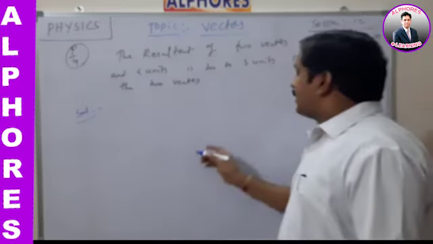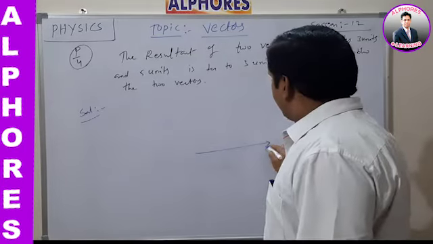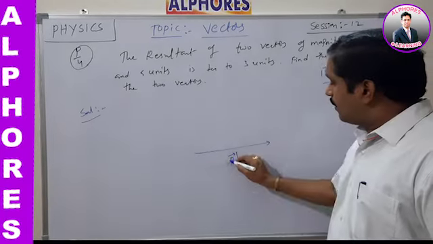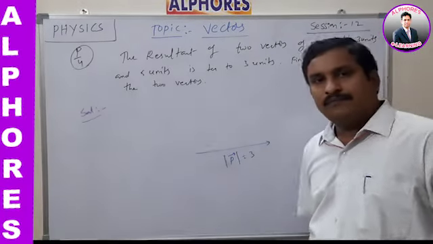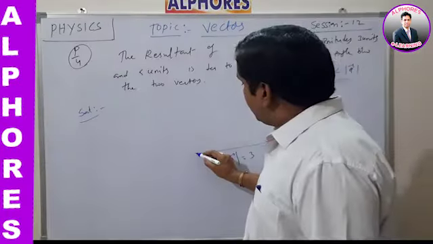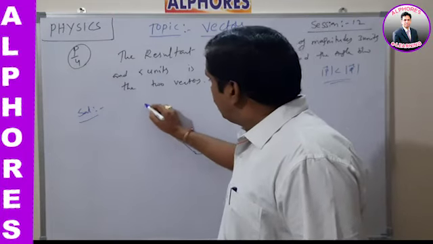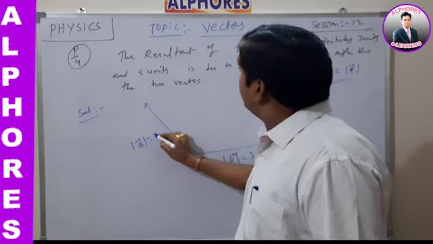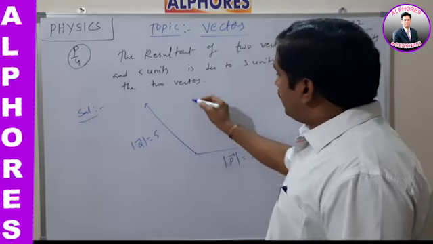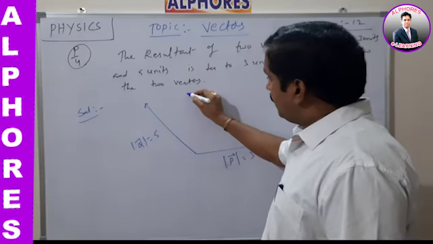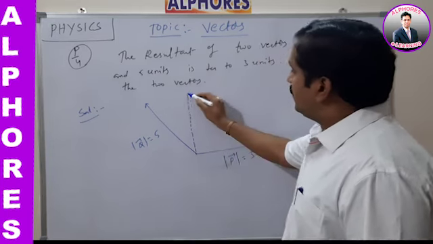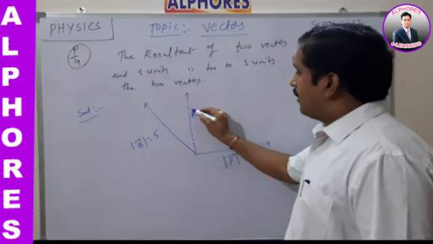So about this condition, I have to draw the parallelogram. Let us say this is P bar. So that means the magnitude of P bar is equal to how much here? 3. Okay. And I have to take one more vector like this, this is Q bar. The magnitude of Q bar is equal to how much? 5. That means the resultant of these two vectors, which is perpendicular to, so this is nothing but the resultant vector R bar.